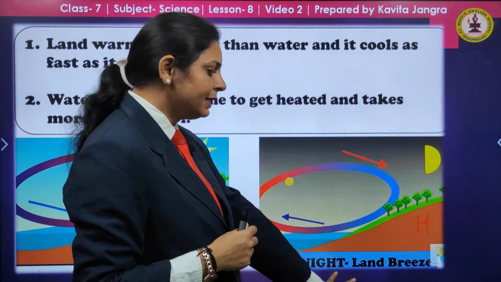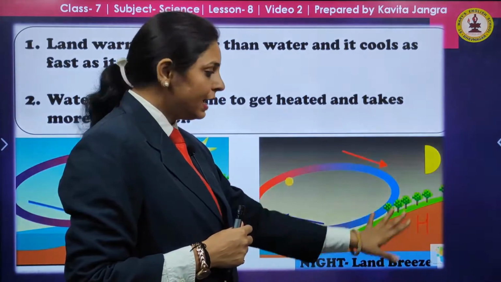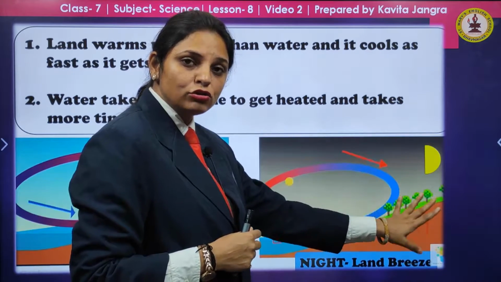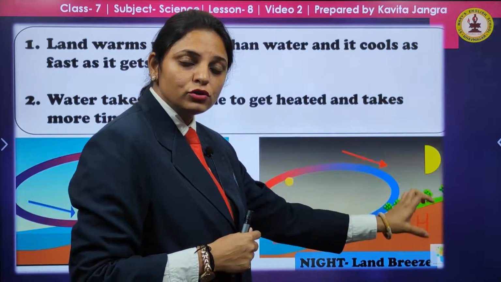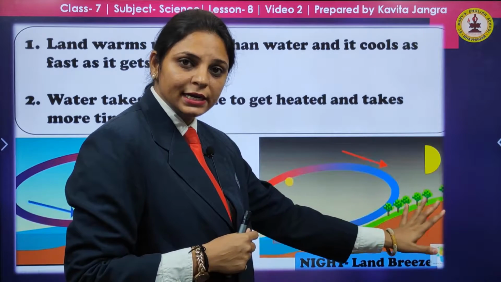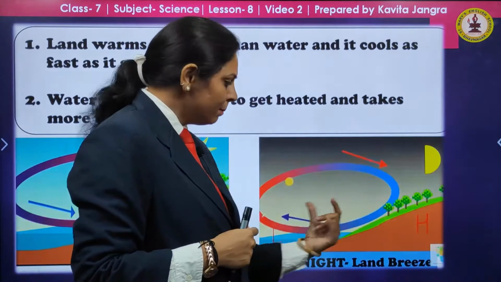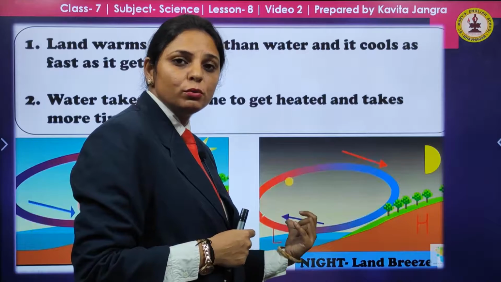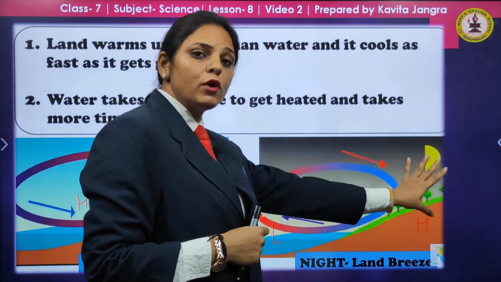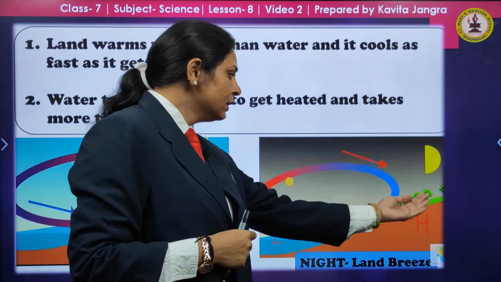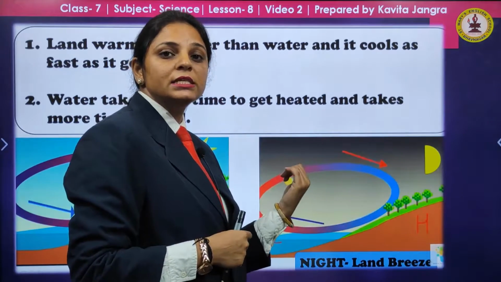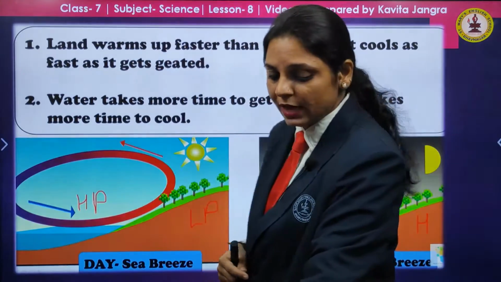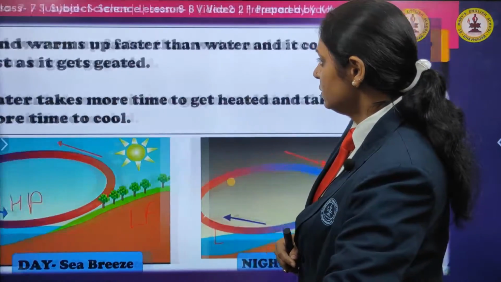At night time also there are land breezes. The land has the property to cool down soon. In the winter season, the sun rays are slanting, so the land will not get heated up soon. So the air present here will be in condensed form, and high pressure is generated. But in the sea area there is low pressure due to the warm air present over the sea, and the water vapors that come from the land to the sea area contain less moisture, that is why there is less rainfall in the winter season as compared to the summer.